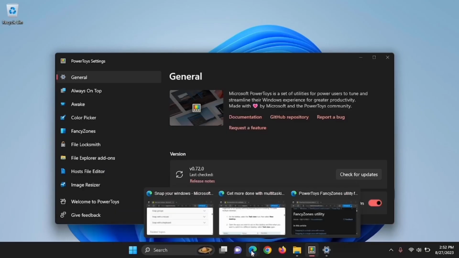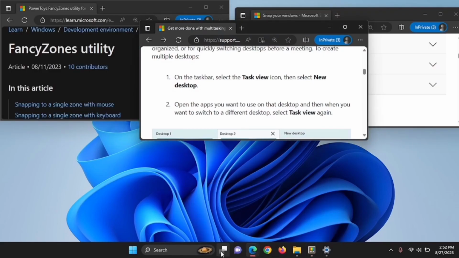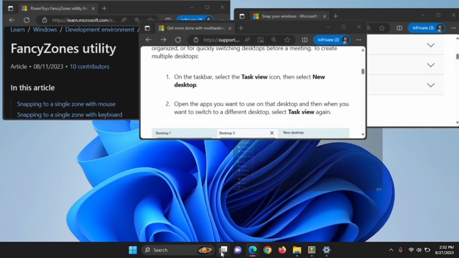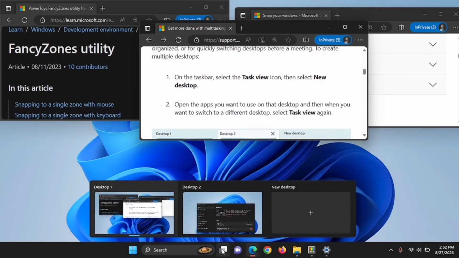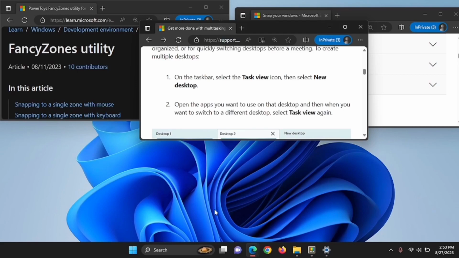But if I go back to one of the articles, I go back to desktop 1, and desktop 1 is the one that's highlighted. Let's just hover over to make it easier. Yeah, desktop 1, the task view button. So you can use this to kind of toggle back and forth, or you can have the icons appear across